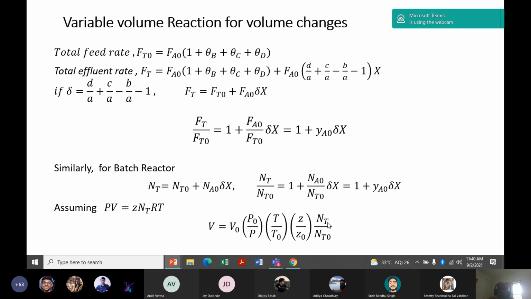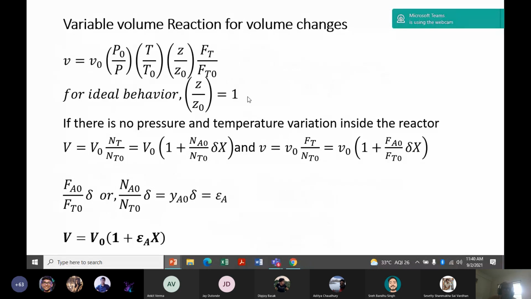So Z by Z0, Nt by Nt0. And if we assume isothermal reactor, so T by T0 is 1, and if there is no pressure change, P0 by P will be 1. So if P0 by P is 1, T by T0 is 1, and Z by Z0 is also 1 as assumption. So for ideal behavior, Z by Z0 is 1. So there is no pressure change, there is no temperature variation inside the reactor. Then we can write V is equal to V0 Nt by Nt0,